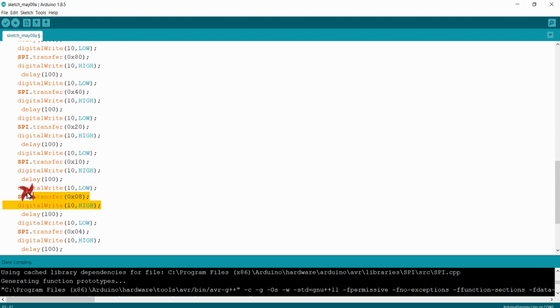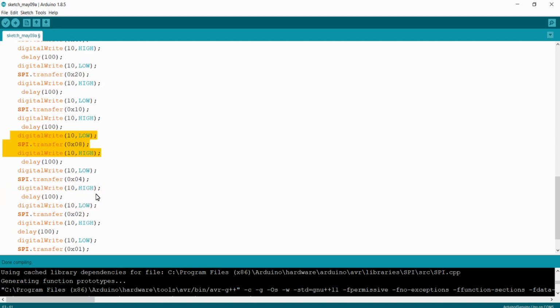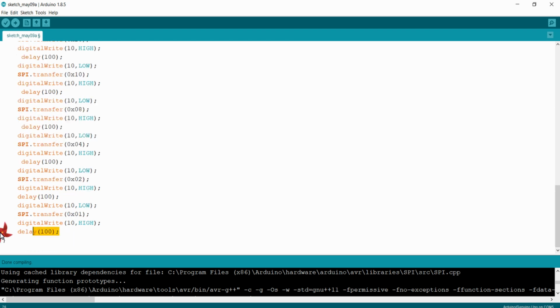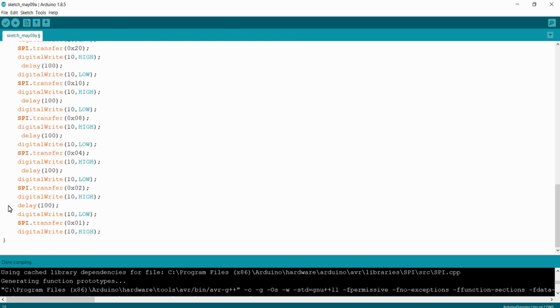And when you pass 0x08, Q3 will be high, and 04 will make the Q2 high, 02 will make the Q1 high, and finally 0x01 will make the Q0 high. Again the process continues from here, and the LEDs or the pins in the shift register will be toggling one after the other as per this logic.